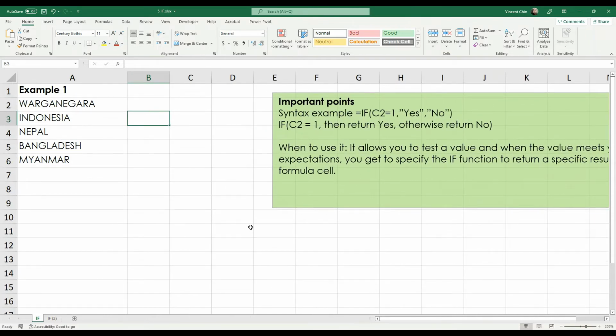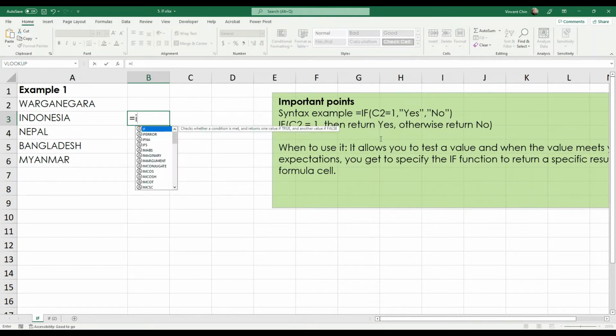Alright. Put an equal sign. IF, right? Just two words. I still don't type it because I want to open up a bracket. So double click will help me do this. Open up a bracket. Okay, can? So if